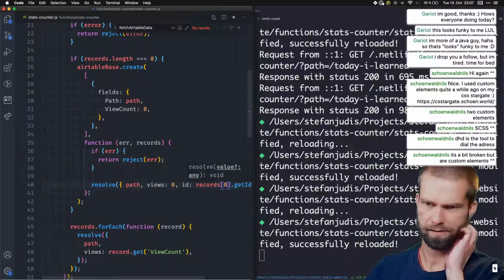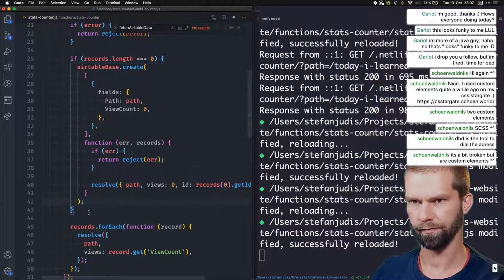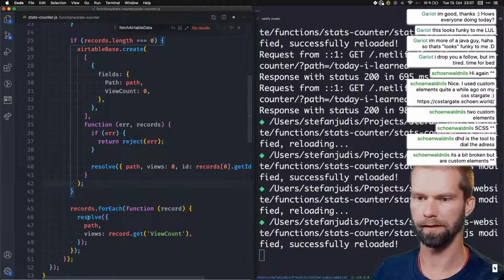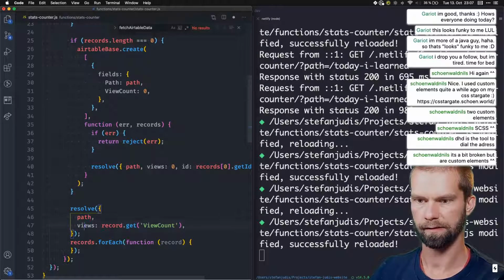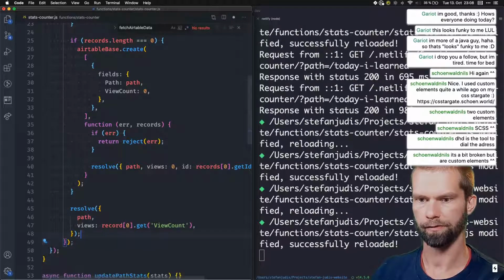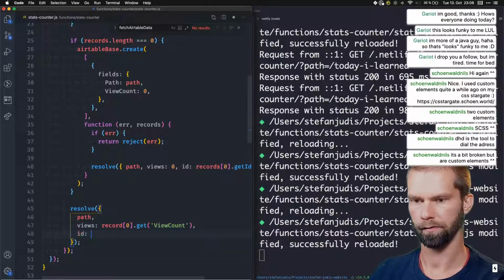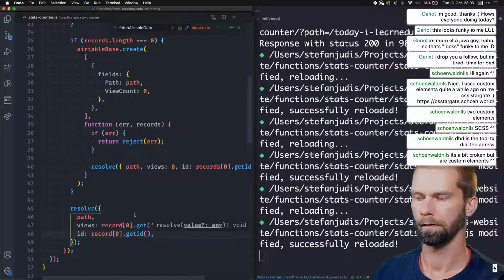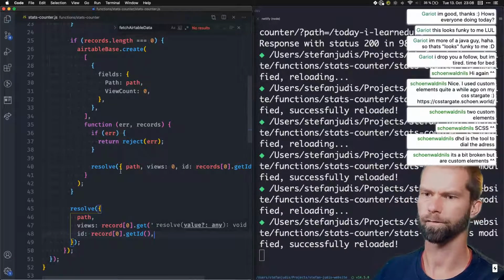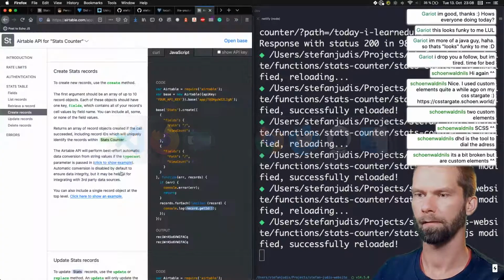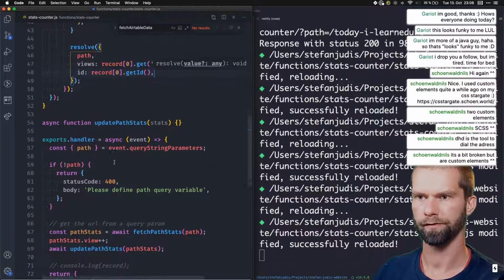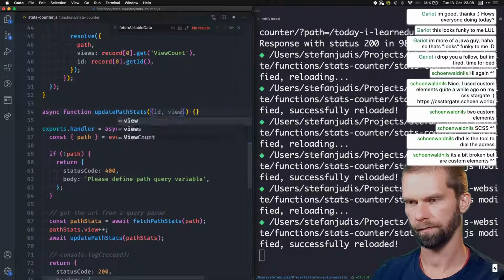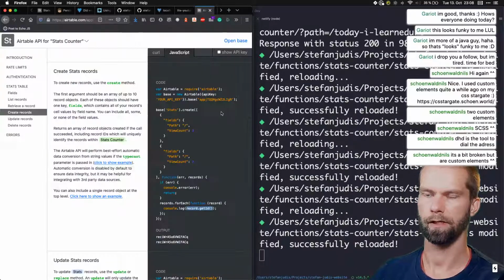Okay, let's clean some things up here. So that got very messy in the meantime. So let's do, so we don't need a loop here. So basically what we only need here is also record 0. So then we can drop a loop, and then we can do also record 0 get ID. I wonder how we could make that cleaner here. Okay, but let's stick with that for a moment, and then here in stats, what we get is ID, views, and path,